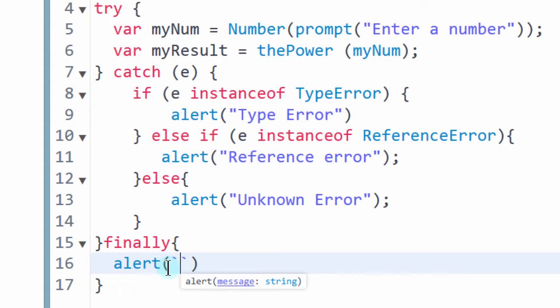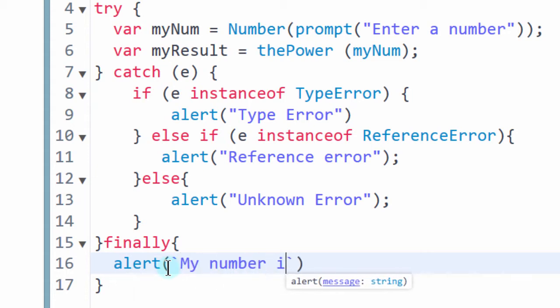So we'll say my number is, and then we'll use the dollar sign, curly braces, and the variable myNum. So that will put the value of myNum in there,